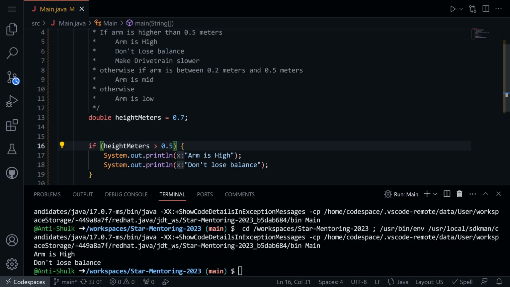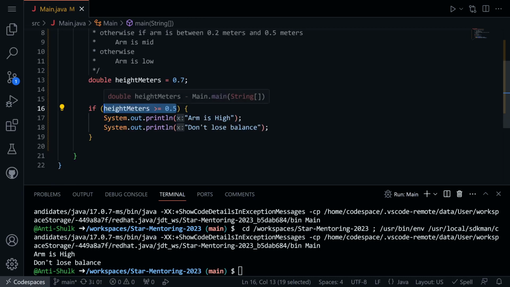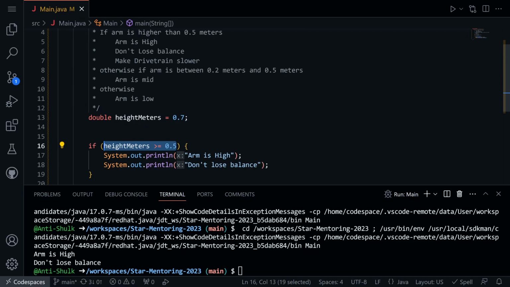We could also say greater than or equal to. Either of these will work. I'm going to actually say greater than or equal to. So this right here evaluates to a Boolean. This is a double, and by using a comparison operator, we're basically converting these doubles into Booleans, because the if statement requires a Boolean to be inside of it. So we've evaluated this,